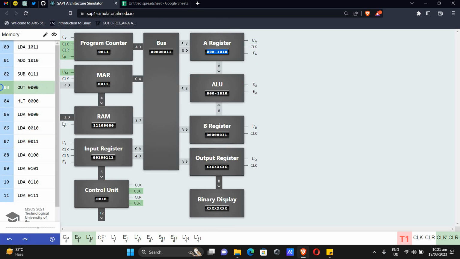Now we're on the out routine. So T1 is the same. Program counter goes to the bus, to the MAR, so 0011. And then T2 is just incrementing the program counter. T3